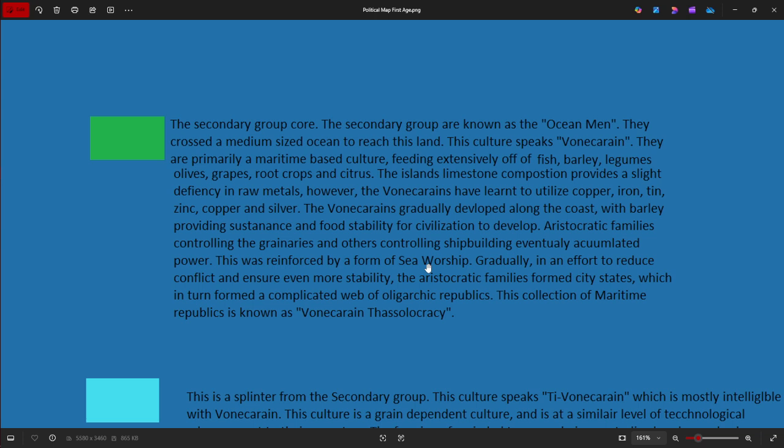And their religion did worship the sea, as of course they do. I mean, they're a maritime people who traveled a massive distance to get to this island. Eventually, we have all these different families competing, and there's a lot of war and violence. So eventually, they decided to form a semi-united confederacy of city-states, but these city-states saw that they had to give the common people a lot of rights, so they became oligarchic republics where really only the aristocrats could win, but they had to win the support of the commoners in their election. And this place is called the